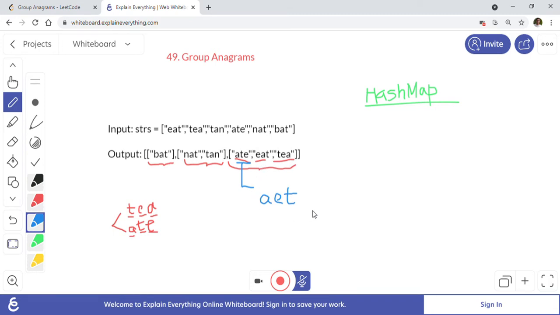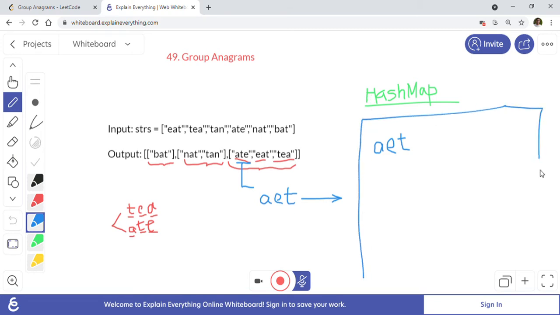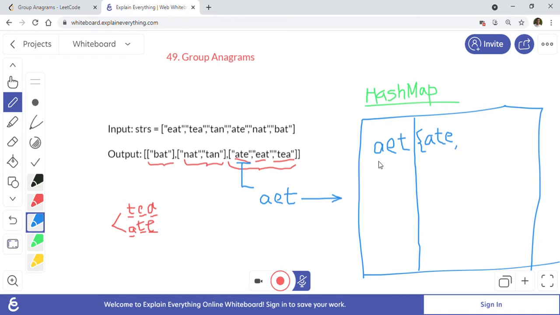We will create a string out of these sorted characters, and we will be using a hash map. We will have a string AET as the key. Let's draw this hash map here. This is the hash map, this is the key column, and we will have a list. The list will have the strings which are the original strings. So here ATE is the original string, and we will map ATE here as one of the anagrams formed out of